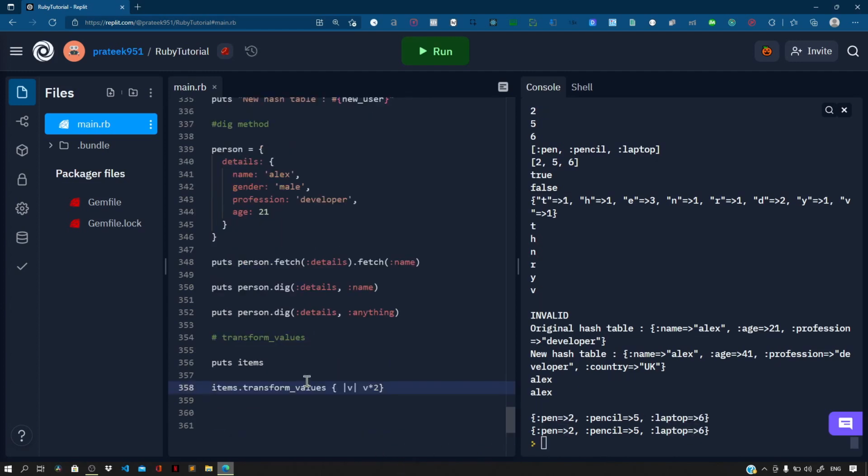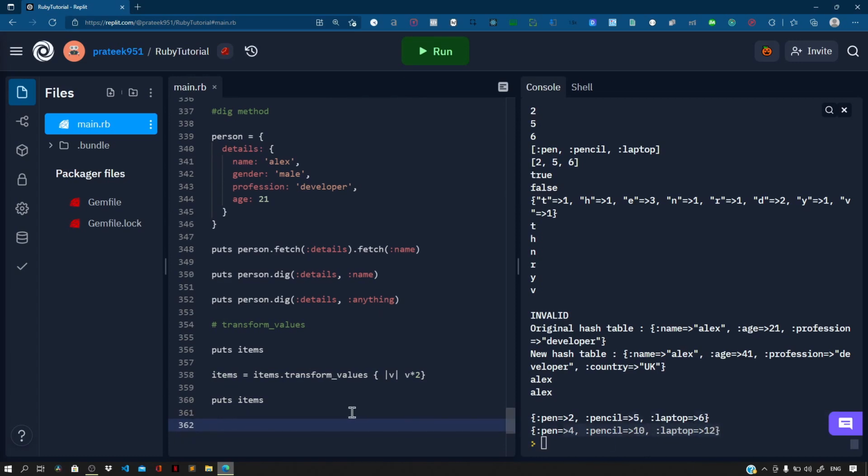So let us set this back to items variable. Let us log it to the console and run the file. So pen is now 4, pencil is 10, and laptop is 12. So let us now wrap up with the hash tables topic, and let us proceed further to the topic of